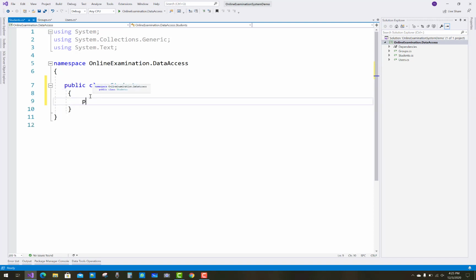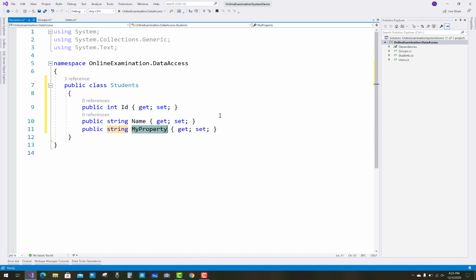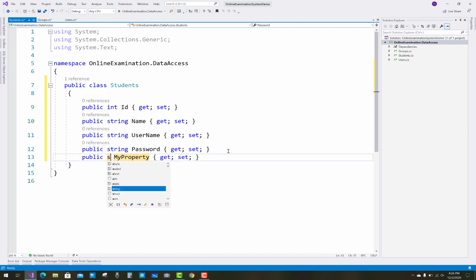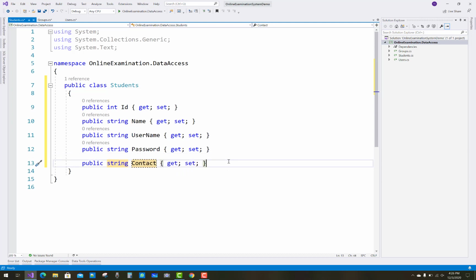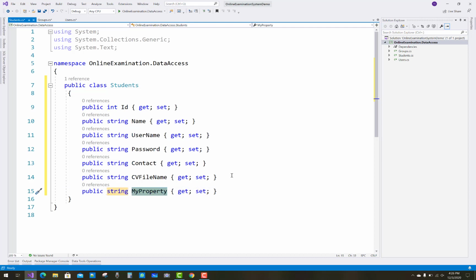public, and prop integer Id of the student, prop string Name of the student, prop string Username of the student, prop string Password of the student, prop string ContactNumber, prop string CV file name, prop picture, you can say picture file name, student picture file name, and the group ID is also mentioned.